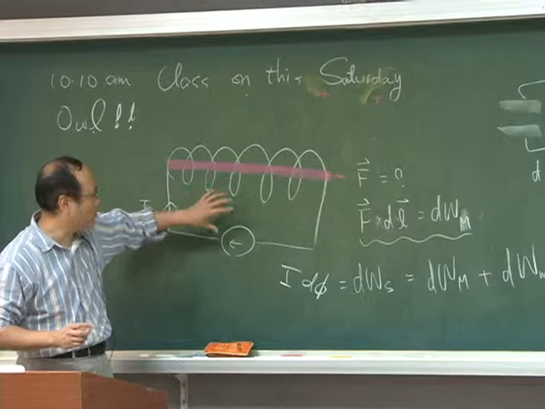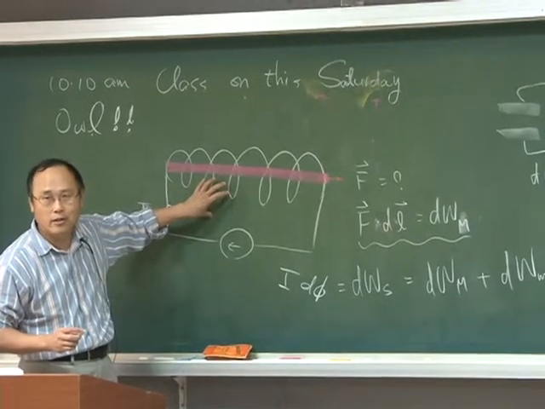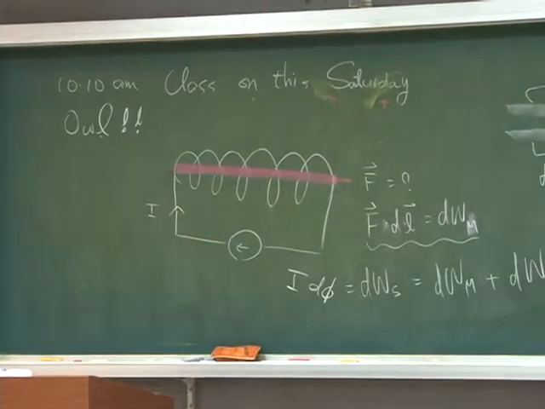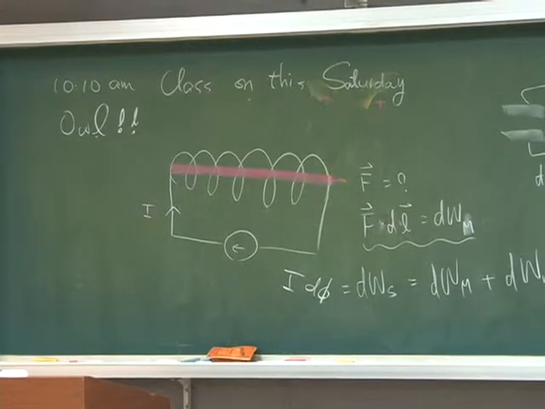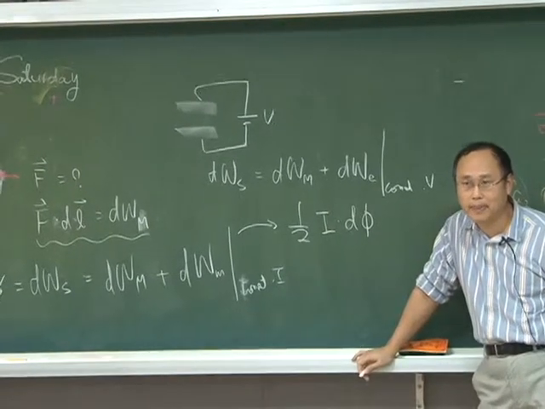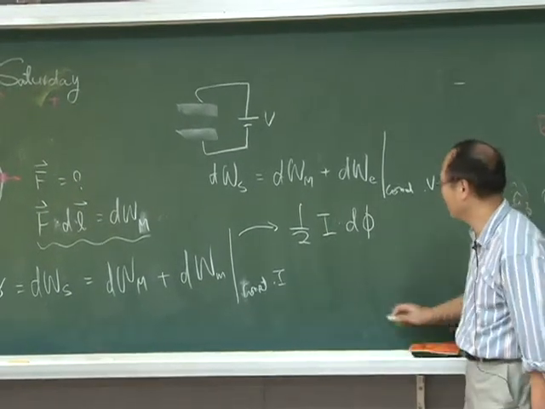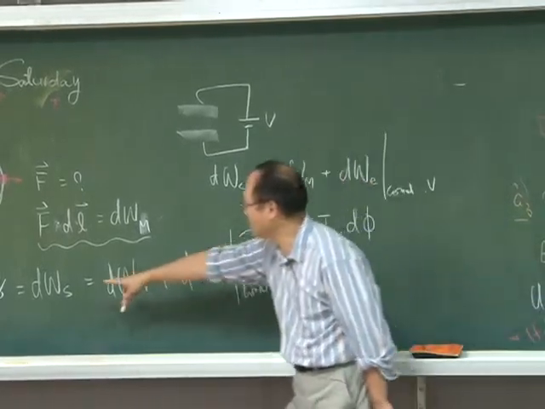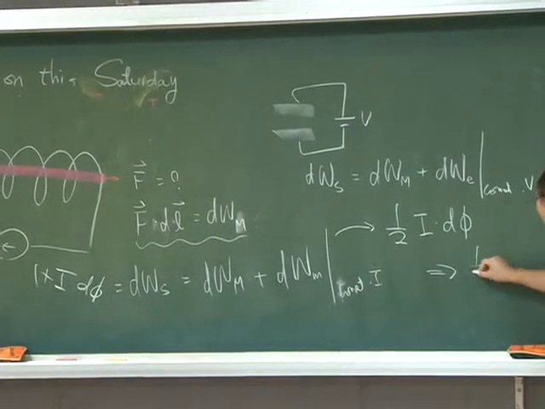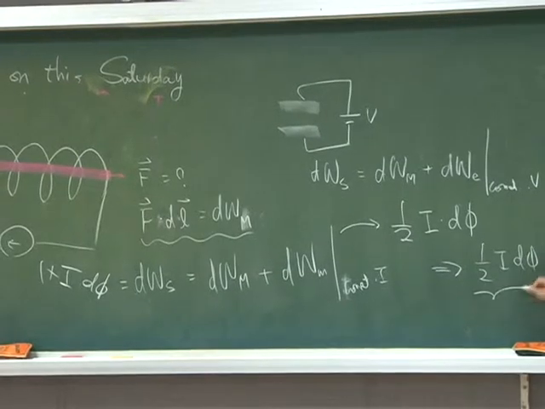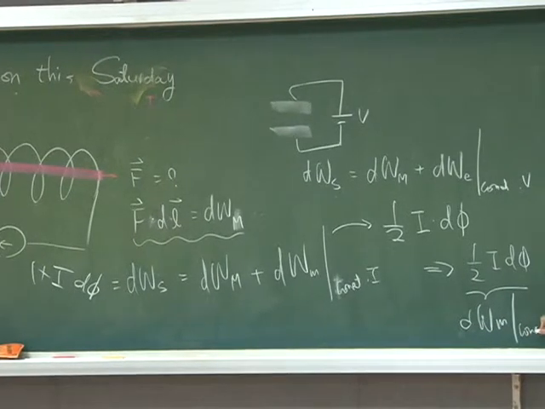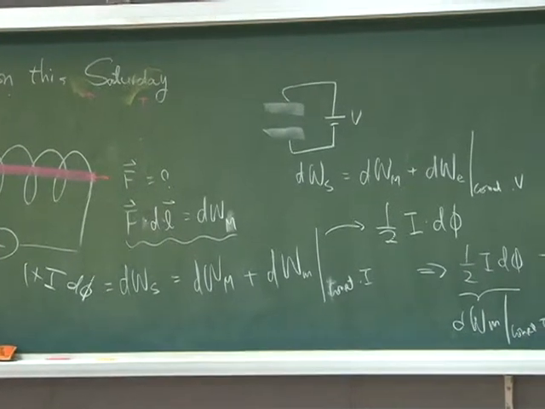But if you have a small change of the magnetic flux in the system, the total change of the internal energy is going to be equal to 1/2 of constant current multiplied with the small change of the magnetic flux. OK，所以呢，从这里你得到，这边是1乘以这个，这里是1/2乘以这个，所以你得到 1/2 I d phi or the same thing d Wm constant current equal to